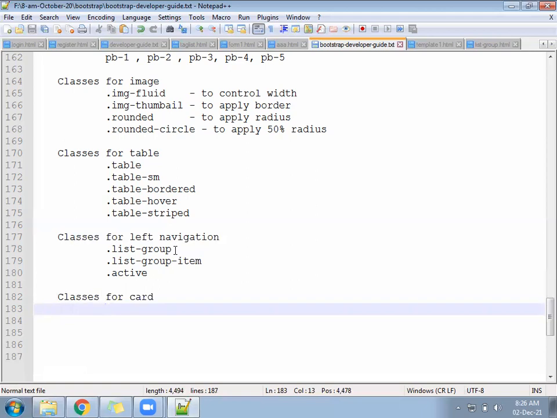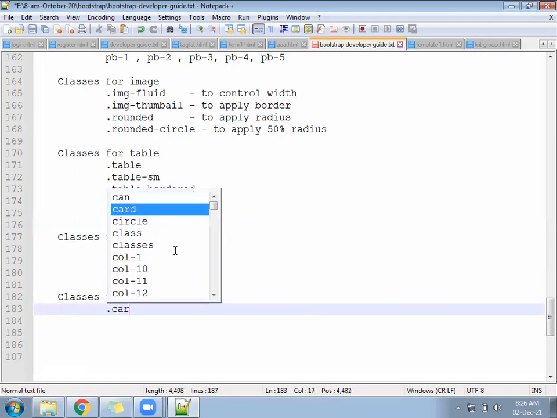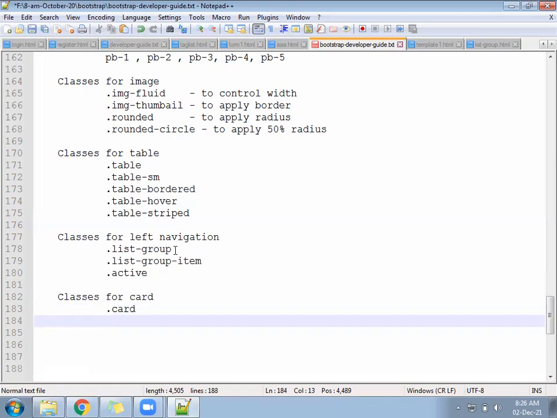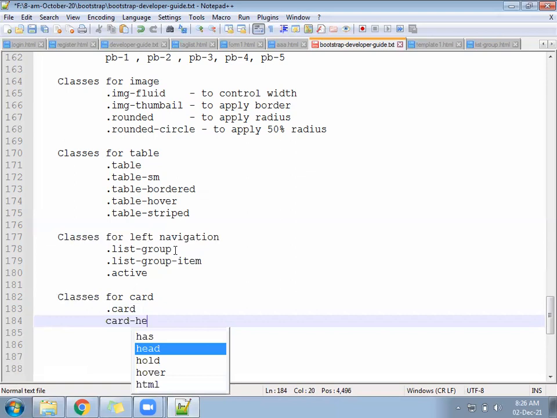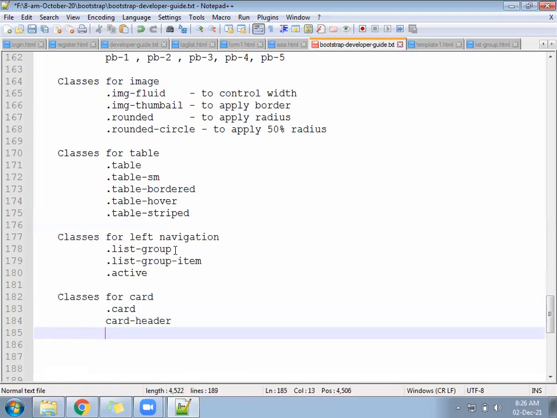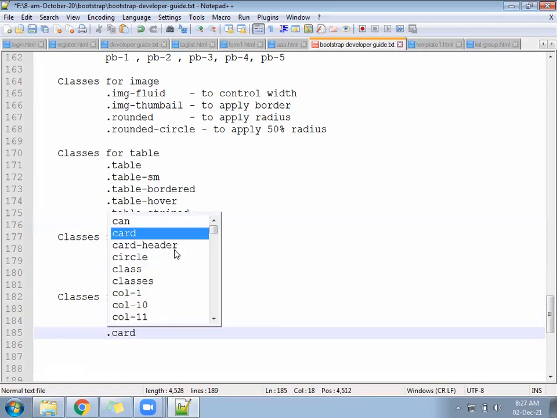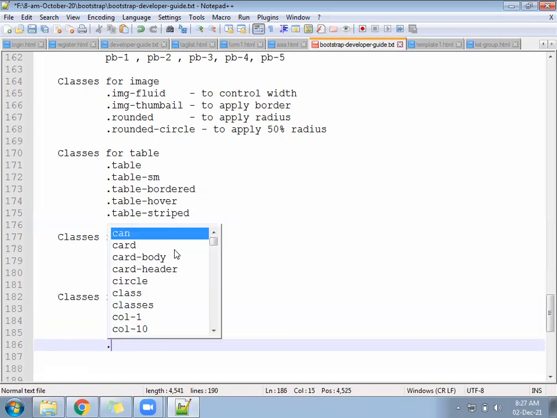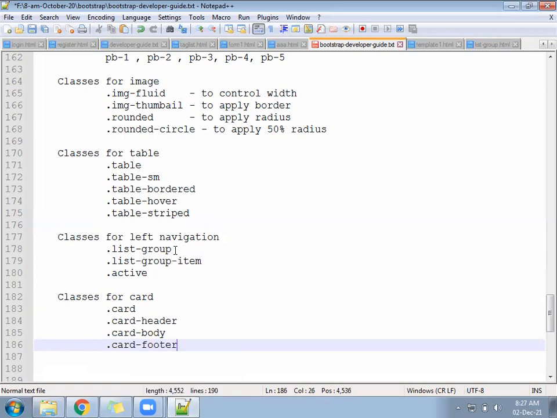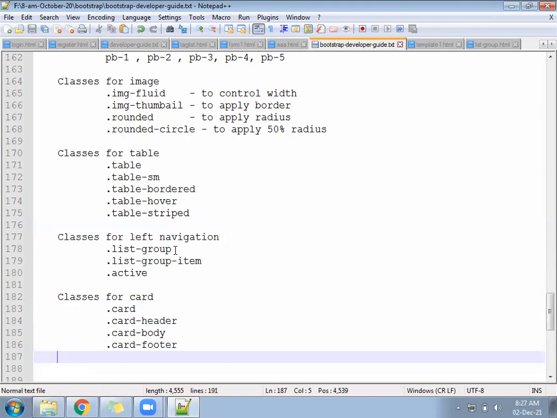We have one class called card. Inside the card, you can follow a class called card-header. Next class card-body. Next class card-footer. These four classes: card, card-header, card-body, card-footer.